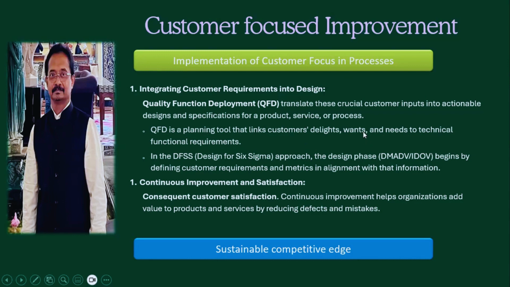When it comes to what the customer wants, see, I may need a soap. For that soap, I cannot get delight, right? So in that soap, what flavor or what specialty should I add? Based on that, we are going to create this QFD function. And the next one is Design for Six Sigma. This approach will give you DMADV and IDOV. We are going to see these in detail in the coming classes.